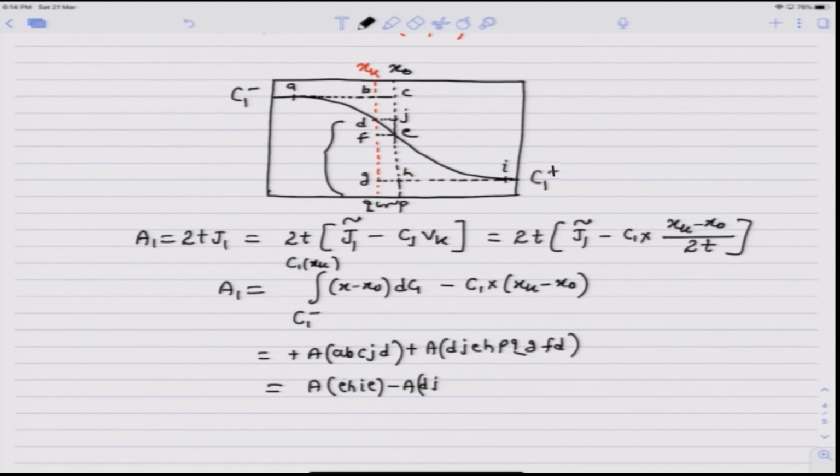DJED plus area DJED, so the second can be split as this area DJE plus DEPQD, DEHPQGFD, and so these two will get cancelled and we get this area plus this area, and so in effect if I mark this area,